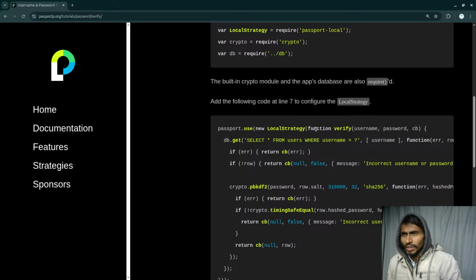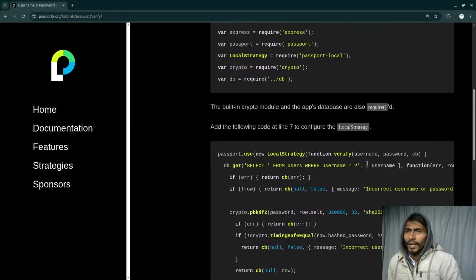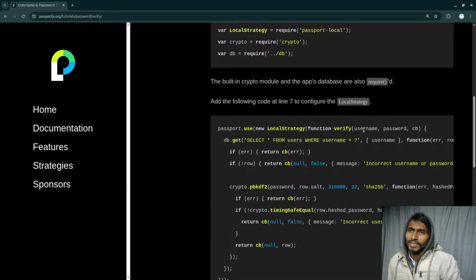This is gonna be the local strategy function, verify username and password. So whenever we log in, at that time this will be used automatically. So this is again a middleware that will be used whenever I log in. So it will directly get the username and password. And that's it, because as soon as I call a method, there is a method called authenticate.